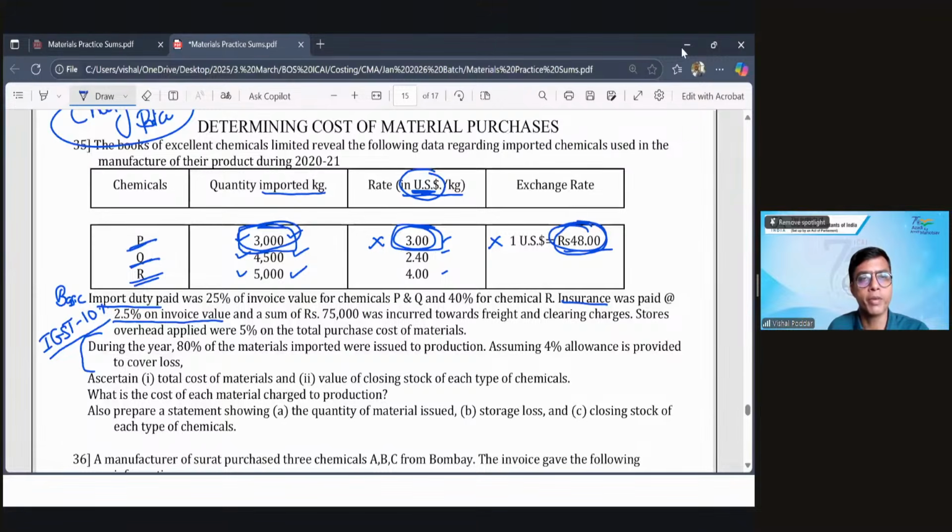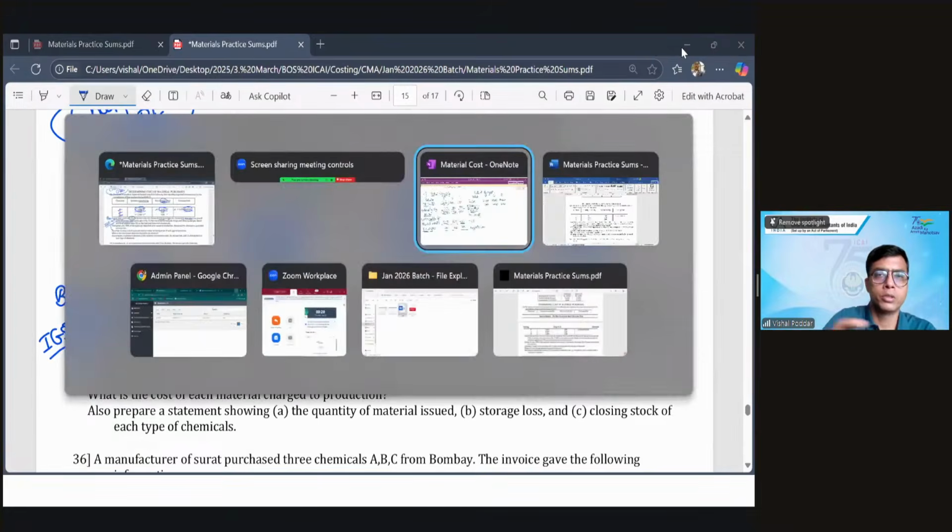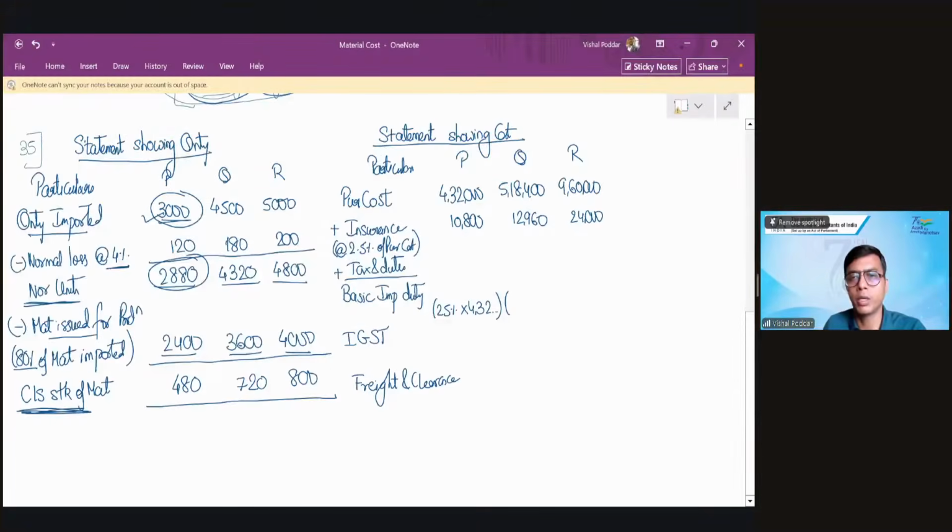Fine. Okay. Now, as far as import duty is concerned, be clear with the question. 25% is for P and Q and 40% is for R. So take the right percentages. So here it will be 25% of 432, 25, no? Yes, and then 40% for R. Here it will be 25%, and here it would be 40%, right? So it will be this, it will be this, correct? And it would be this. And students,